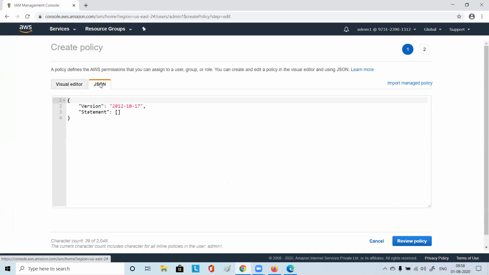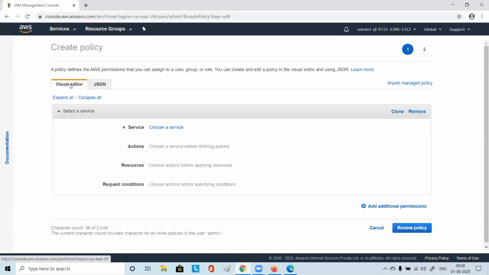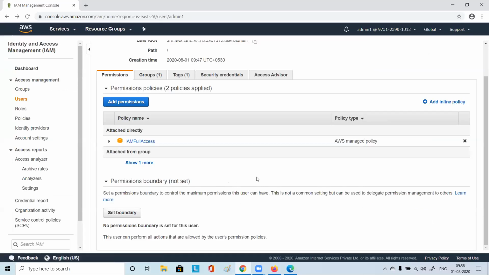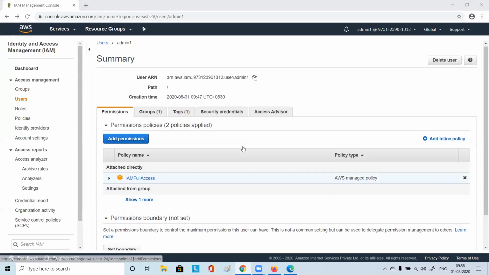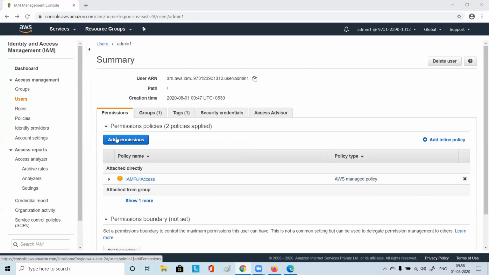See, we were talking about JSON, right? You see, JSON statement is there, right? So whatever policy we are creating, we can change to make it a little bit inline. So inline means you can take away some policy. Say like